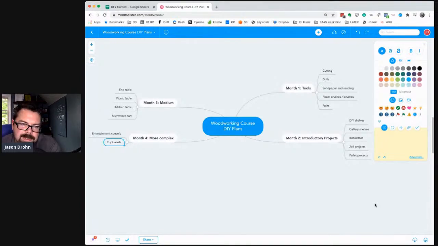And what you're going to find is maybe tomorrow, maybe the day after, you're going to get some great ideas about things that need to go in each of these months, in each of these chapters or modules, or however you want to put it. You're going to get some great ideas about the content that needs to go in these. And it's going to be really nice because once you're ready to start creating, you already have the blueprint for it. That in month one, month one is all about tools,